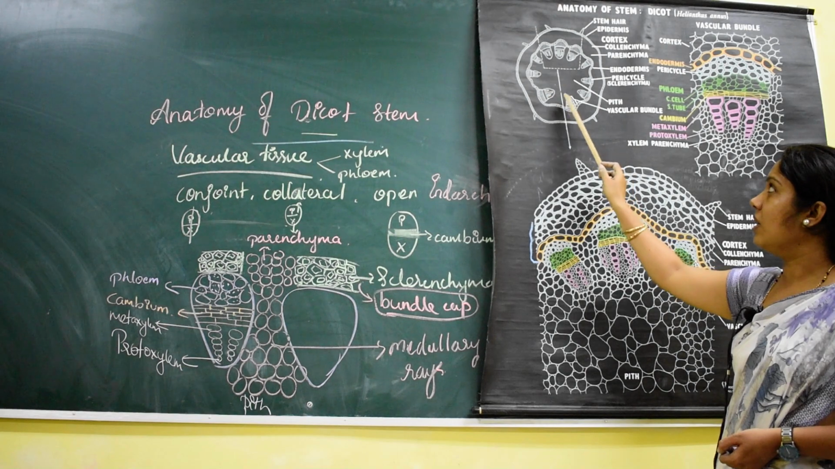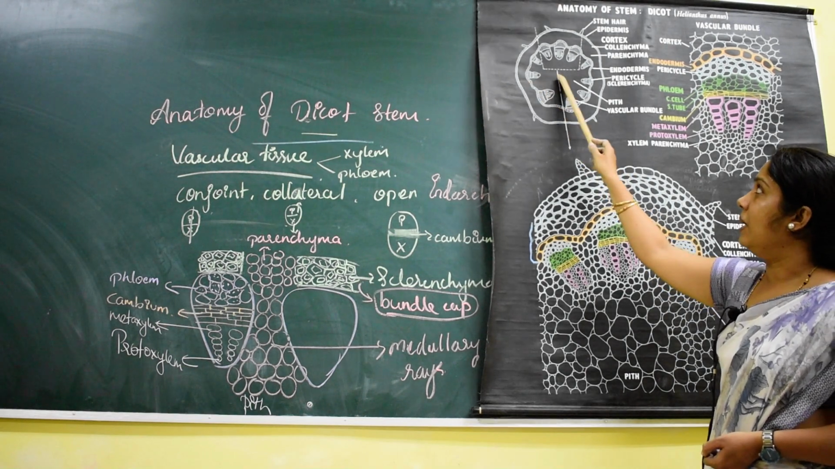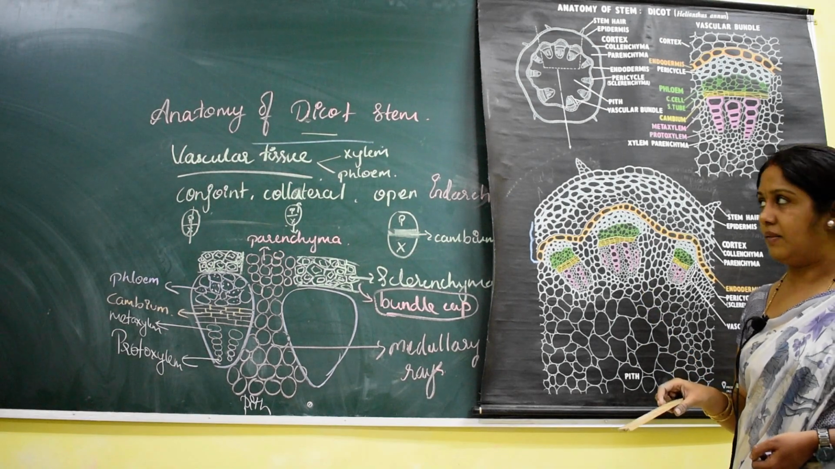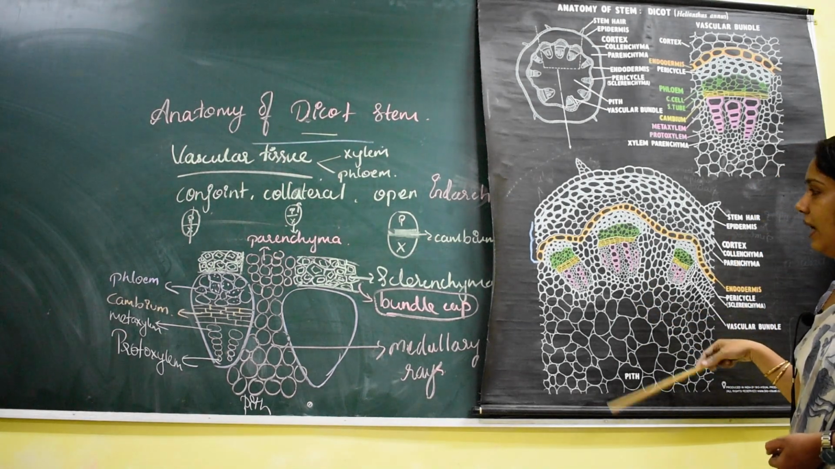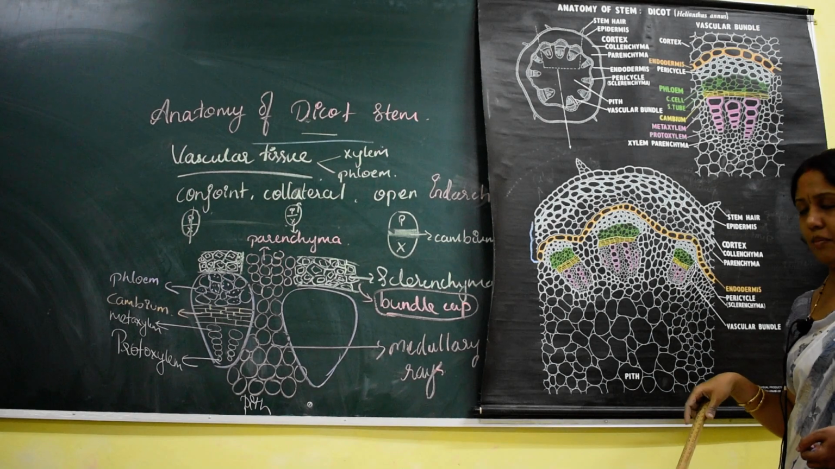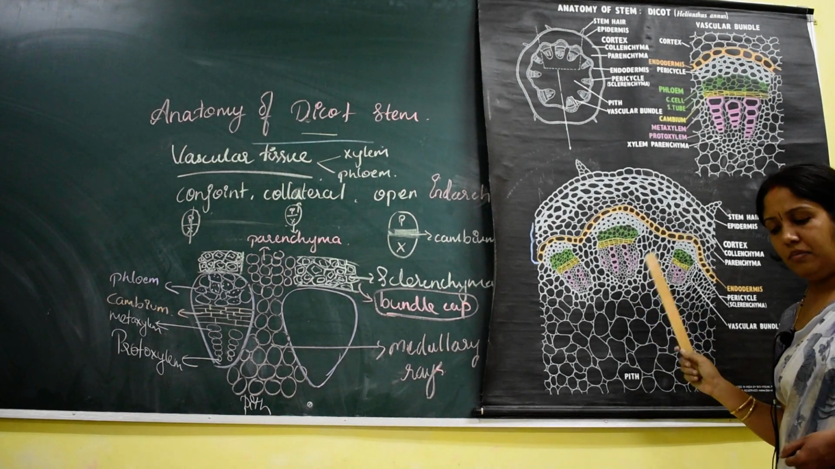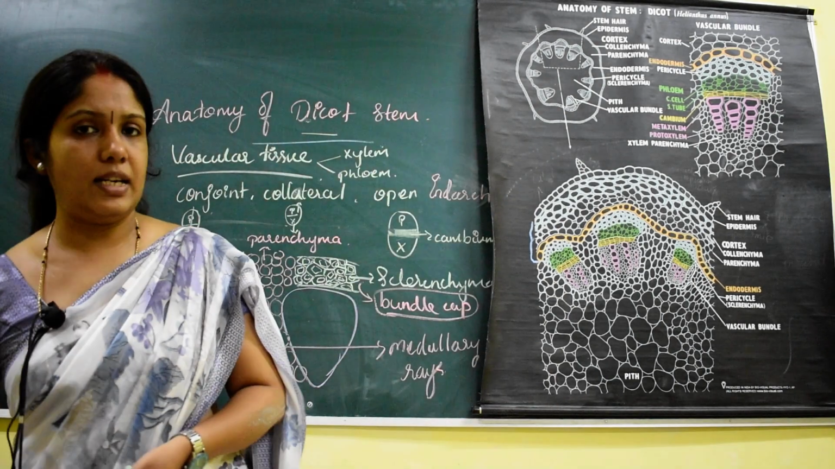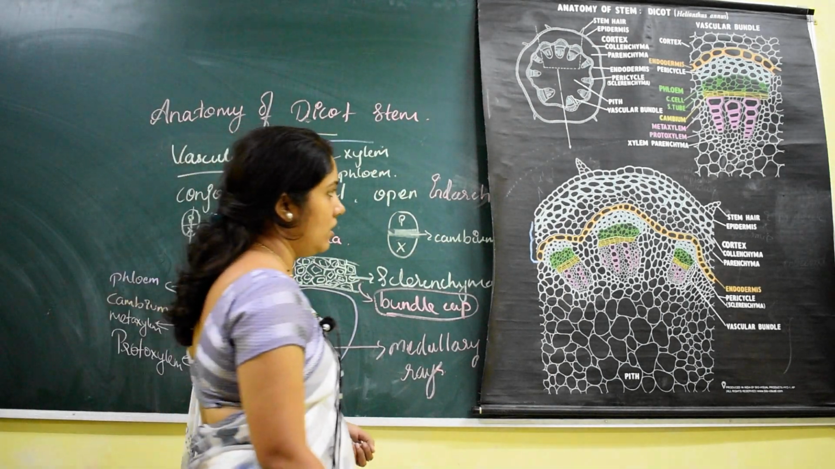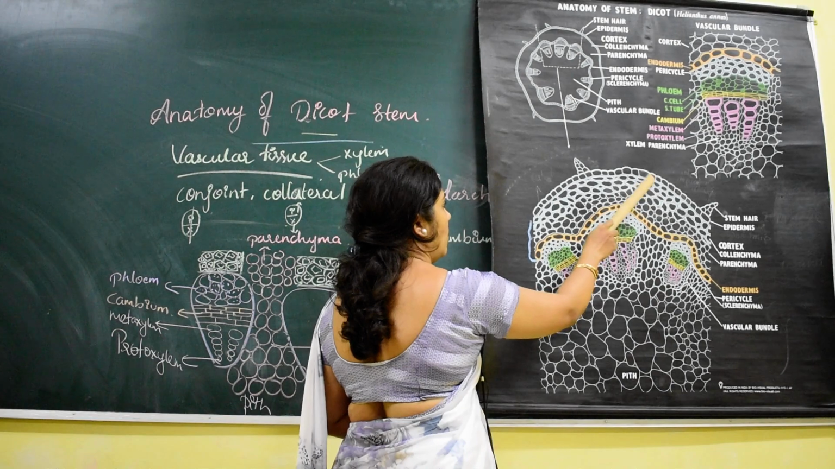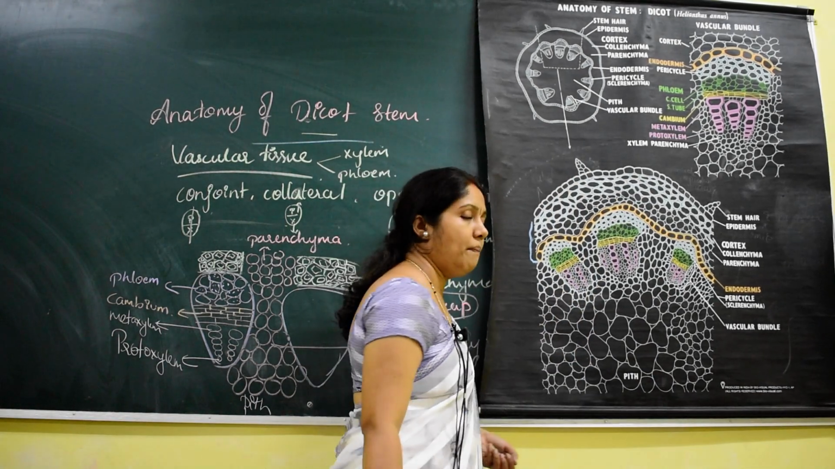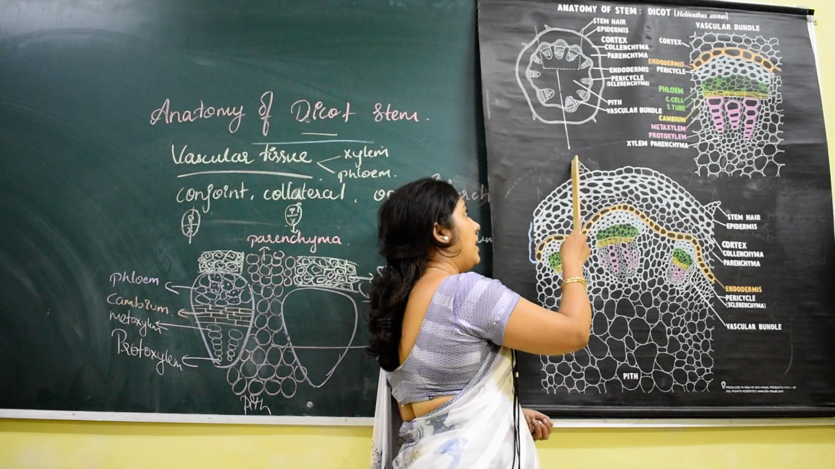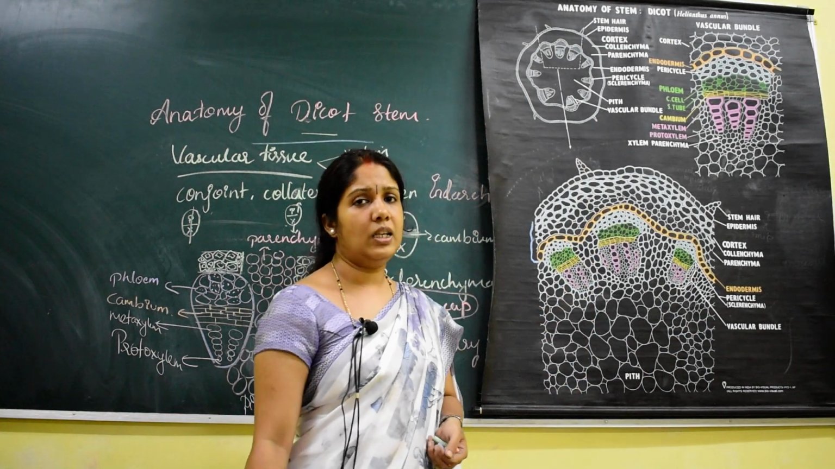In between the vascular bundles, this region is the medullary ray, which is made up of parenchyma cells. So this is about the anatomy of a dicot stem. The anatomy of a dicot stem is mainly differentiated into three regions. The outer region is called epidermis, which is made up of compactly arranged barrel shaped parenchyma cells, and certain parenchyma cells